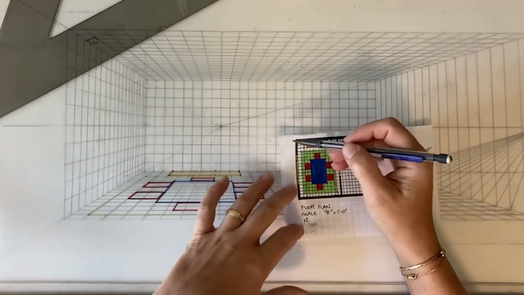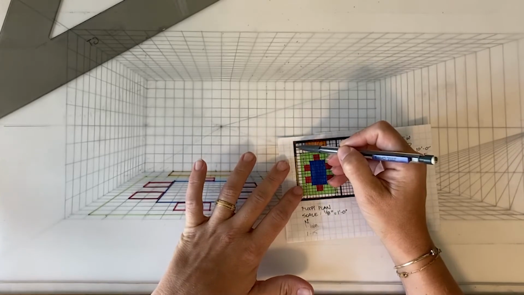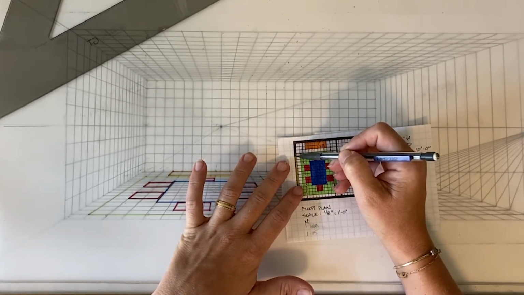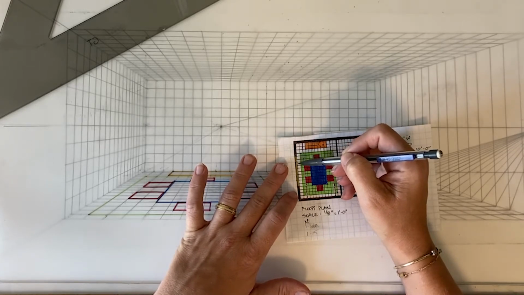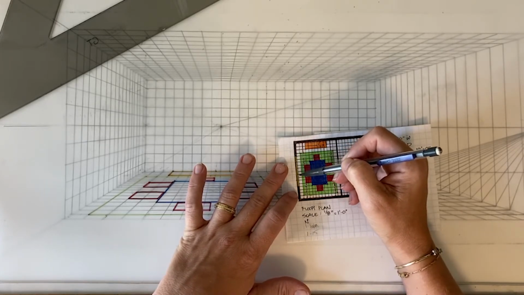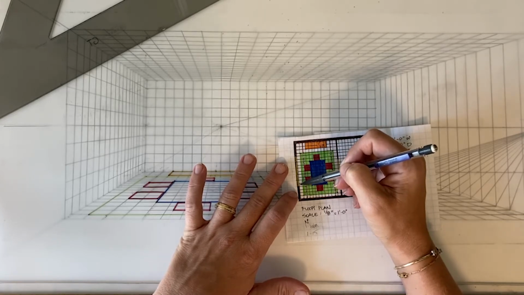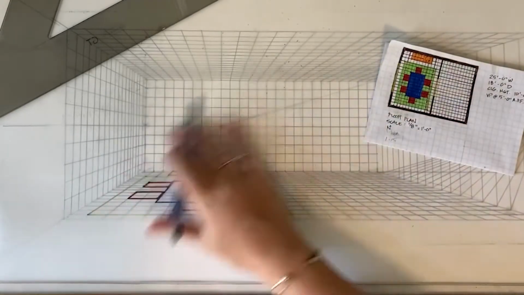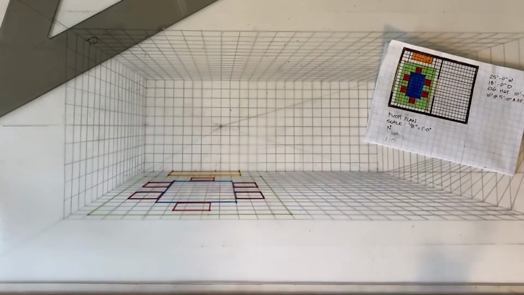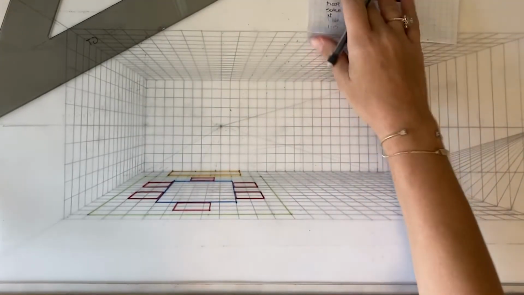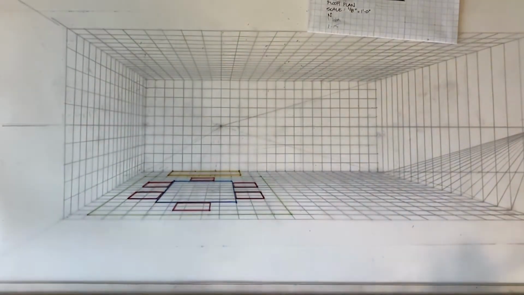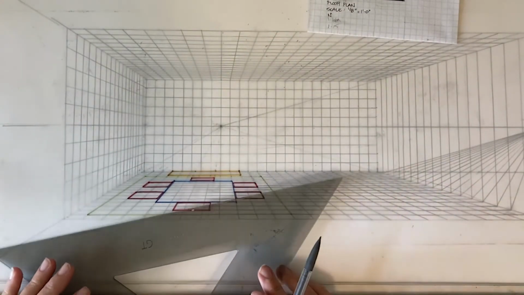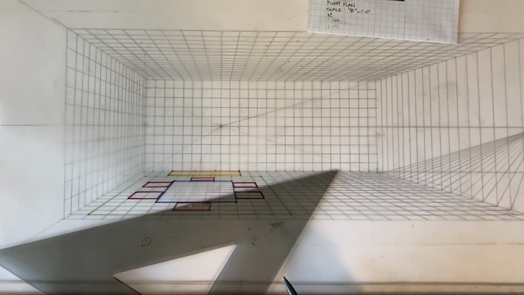It's over here on this wall, and you can see it's 1, 2, 3, 4 feet in from the back corner, and it spans 1, 2, 3, 4, 5, 6, 7, 8, 9, 10 feet. So I'm going to draw it along this wall, but instead I'm going to teach you how you could draw this if you didn't have the grid behind you, because even though grids are really awesome and make some thinking easier, they do take a lot of work, and we want to get to a point where we don't need them.